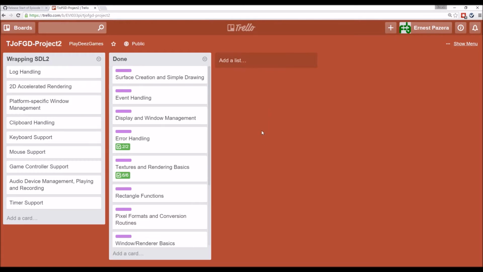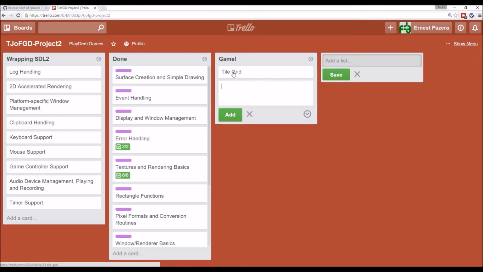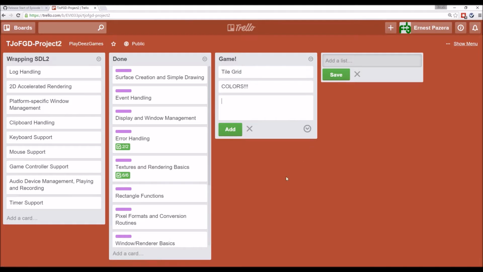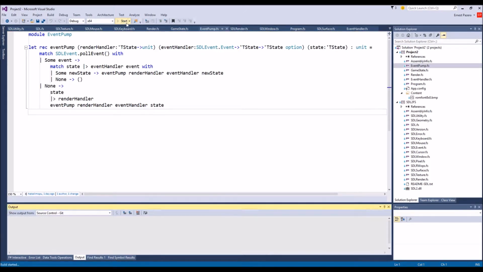Over here on the Trello board, we got a whole lot of nothing. And kind of a game. So we're gonna have tile grid. We're gonna have colors. And that's what we're gonna worry about today. I don't know we're gonna get much past there. Let's get right to it. So when last we left our hero,